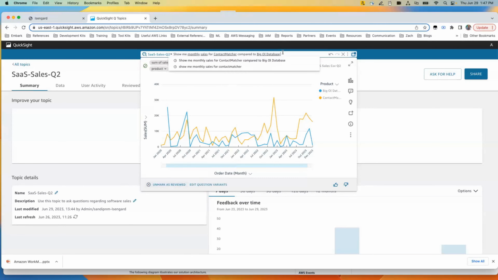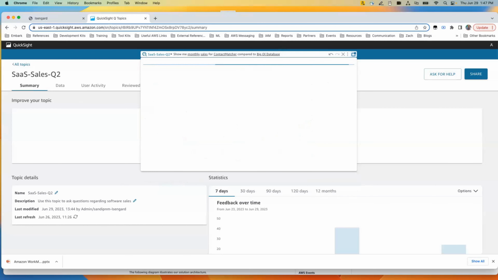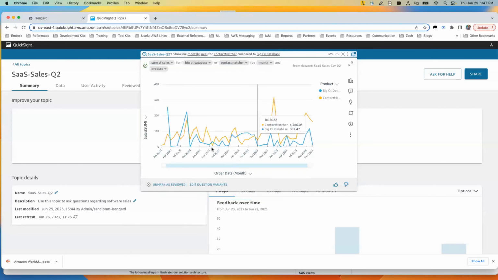And if I run this query again, it's going to give me the same format. So marking a visual as reviewed will let you produce the same pattern of the visual. Now, there are a few more things we can do, but in the interest of time,